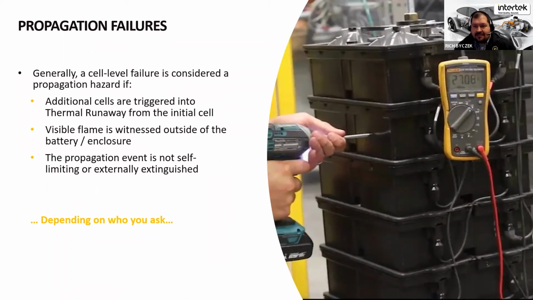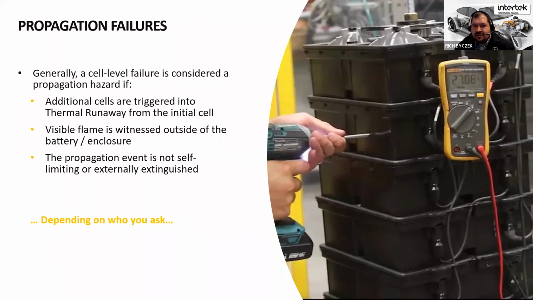When we talk about a failure of propagation, even if that cell to cell cascading does occur within the battery pack, does the battery pack design or the robustness of the enclosure, for example, prevent that propagation event, even if it does occur from one cell to a second cell or a third cell? Do you prevent that from escaping the battery? Do you prevent visible flame from escaping the battery? Do you prevent the external enclosure walls from getting too hot such that adjacent combustible materials could go into runaway or fire? And finally, is the event self-extinguishing or self-limiting?